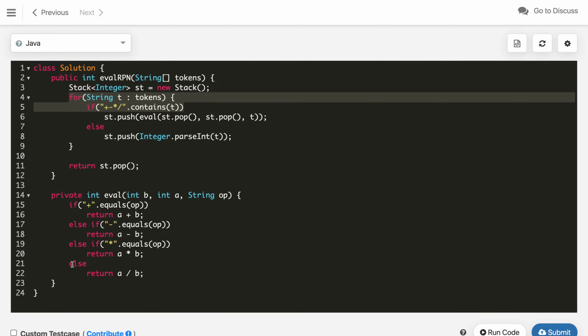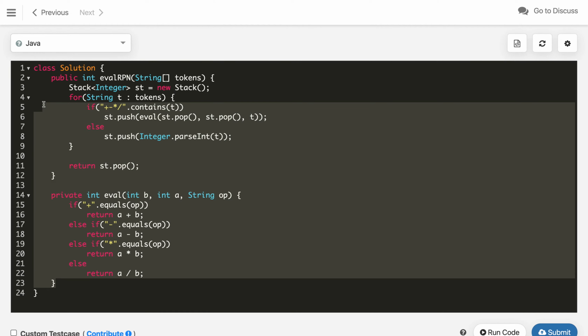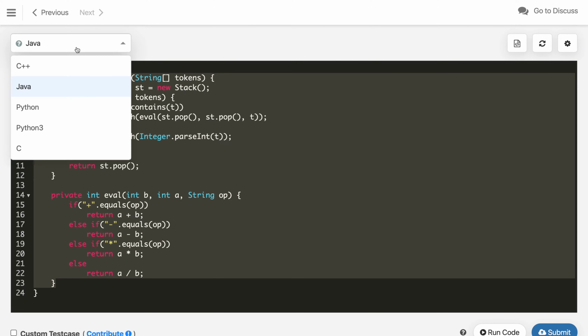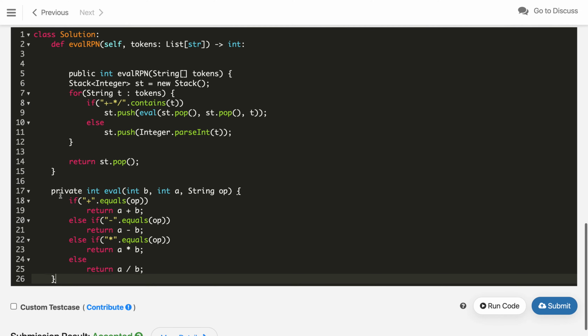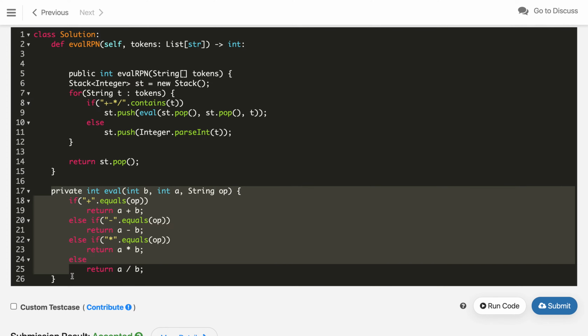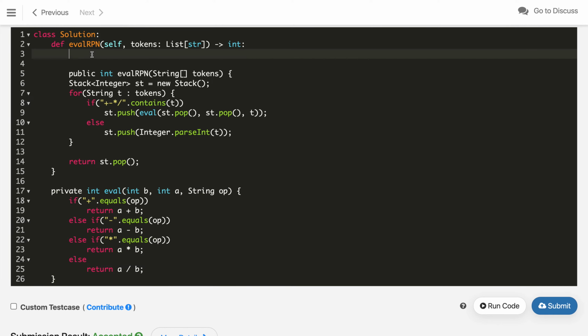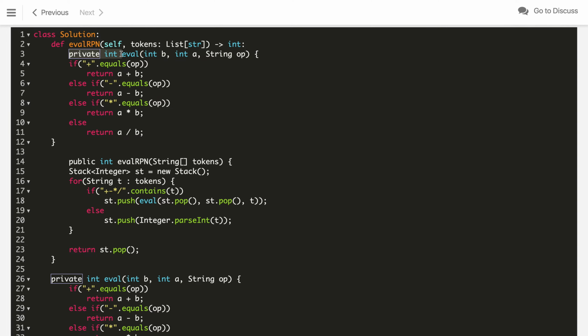So let's copy this code and write the same code in Python as well. So in Python, just copy paste it. First let's change the definition of our eval method here. In the eval method, we just change this to def, as the Python signature, and we don't need data types. That's it, and remove this, and here we just add the colon. Now in the if statement also we remove this.